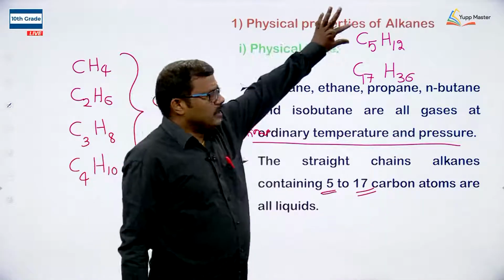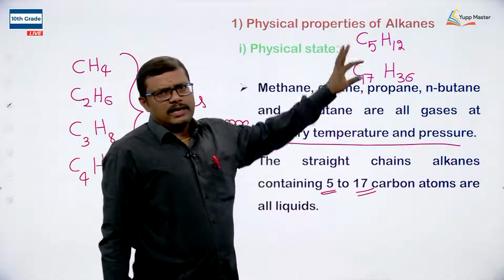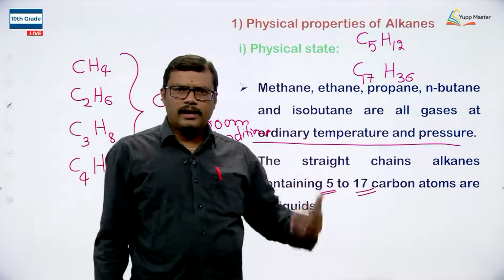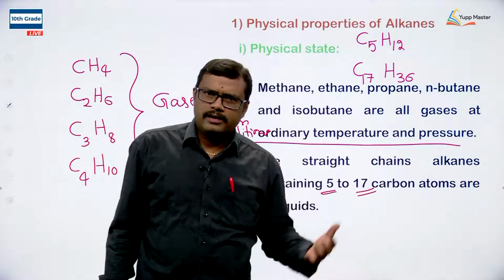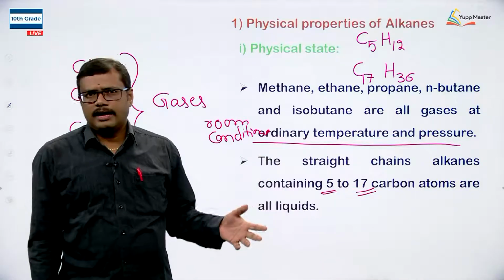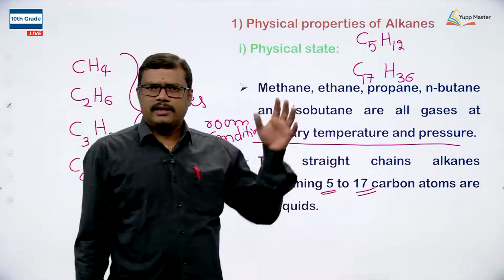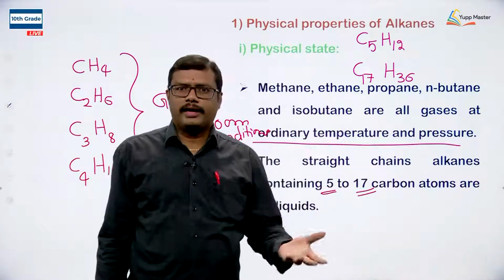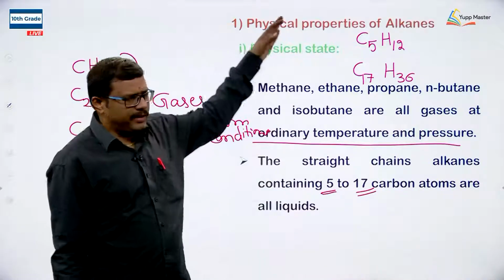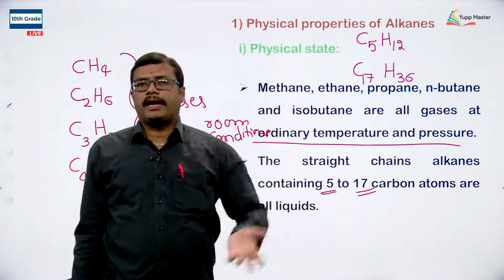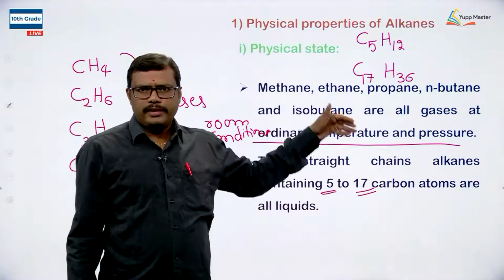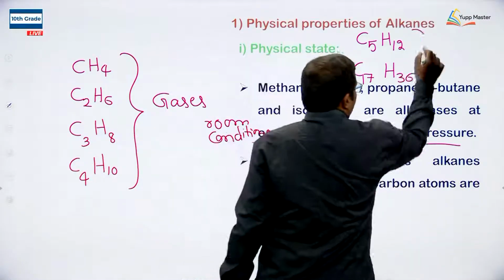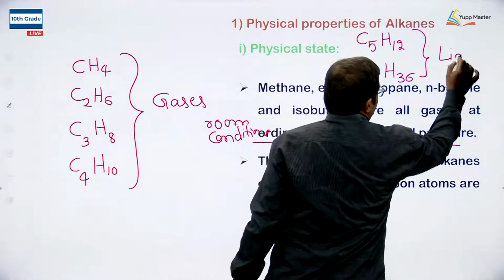So, from pentane, hexane, heptane, octane, nonane, decane, undecane, dodecane, tridecane, tetradecane, pentadecane, hexadecane, heptadecane. 17 means heptadecane. Okay. So, from pentane to heptadecane, if you observe,